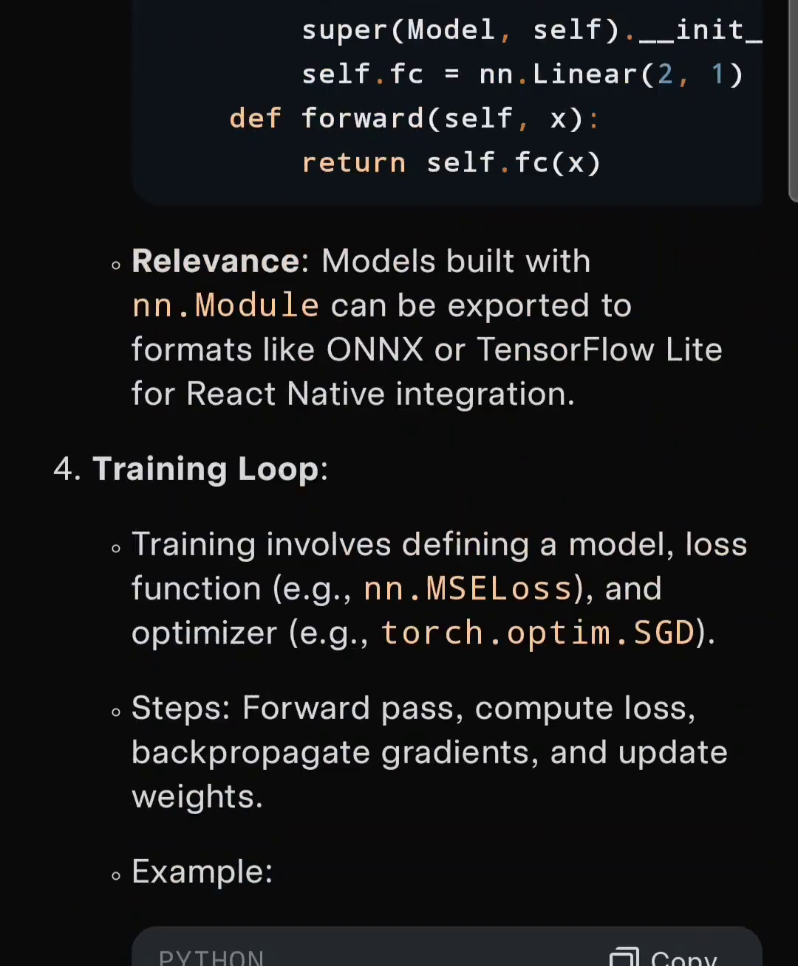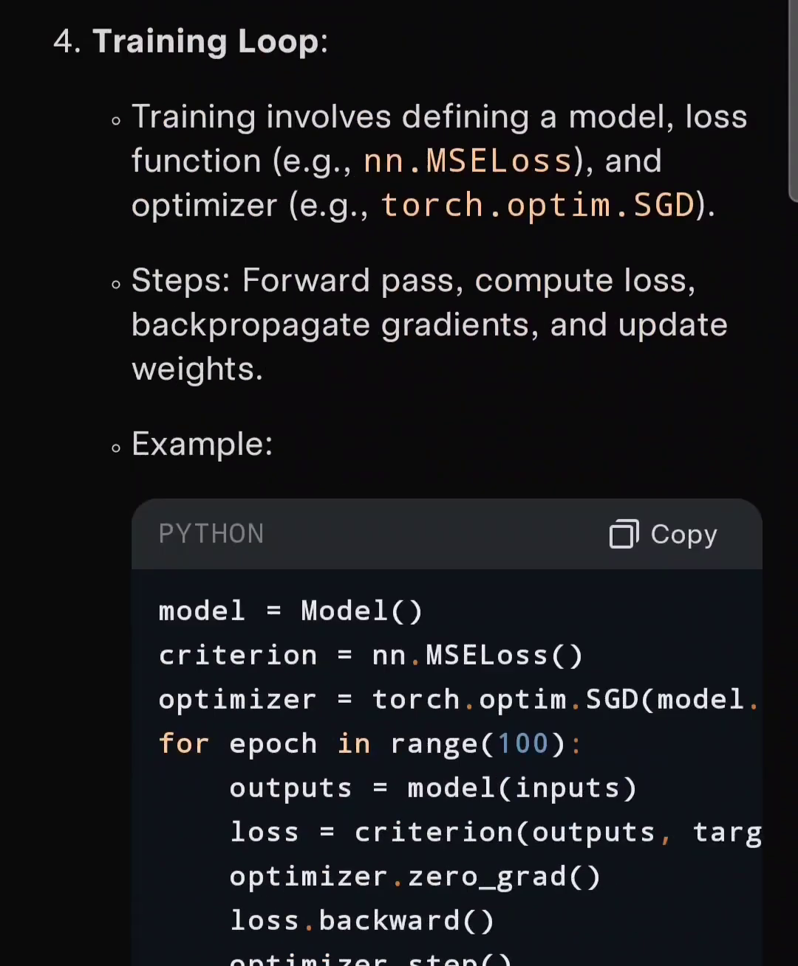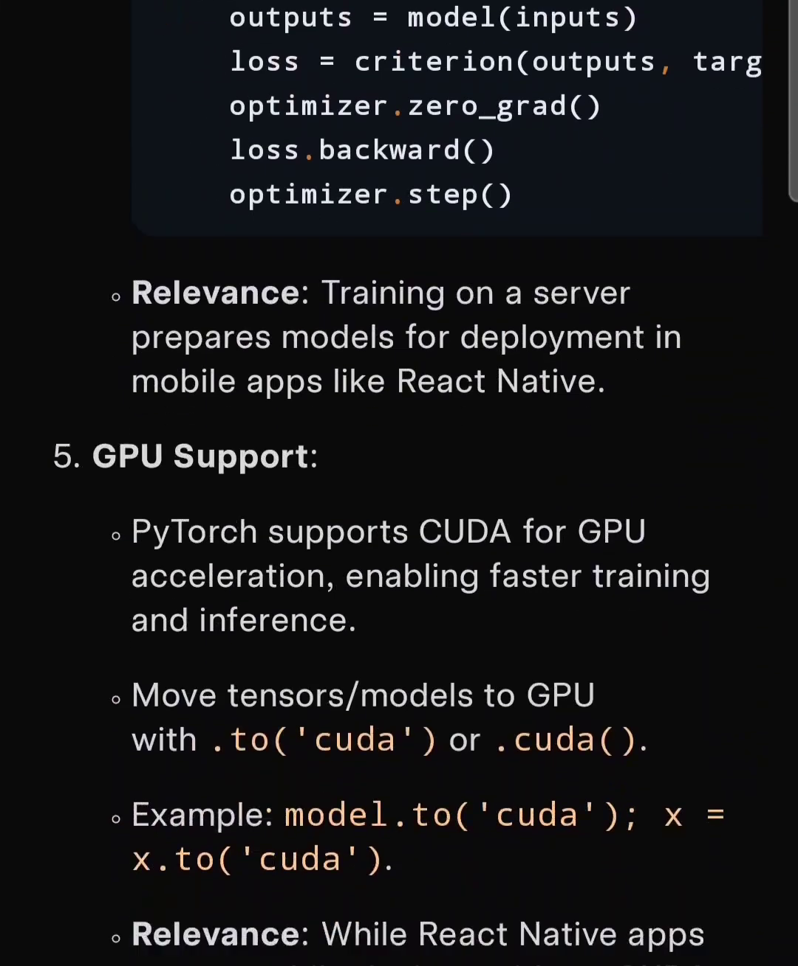So what all we said? Tensors, autograd, neural network modules, training loops, and GPU support. And the last